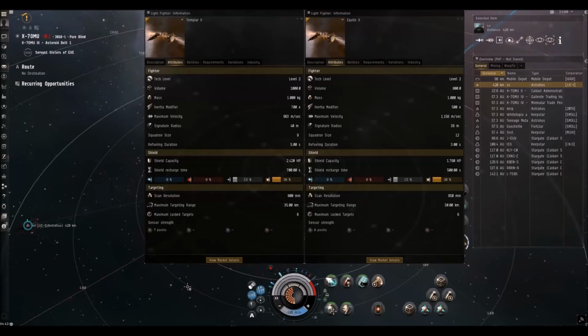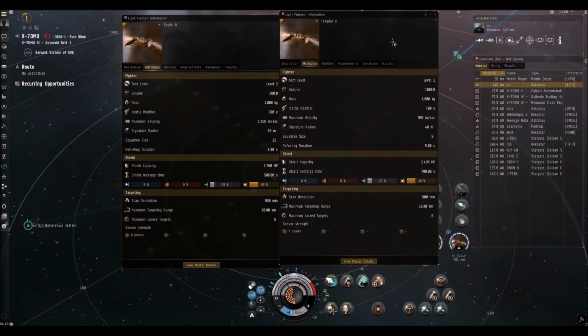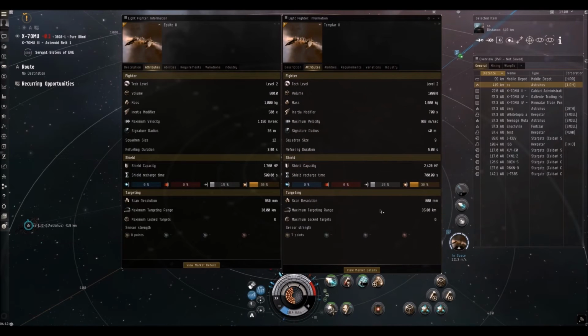One last thing I just wanted to touch on is the difference between and the power of the various fighters as far as the light fighters go. The Equite, however you pronounce it, is a space superiority fighter. That means it is designed solely for taking out other fighters and drones. The Templar is your standard go-to light fighter that is good for taking out subcaps and dealing some decent damage